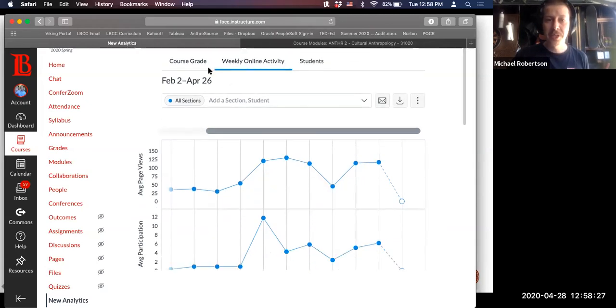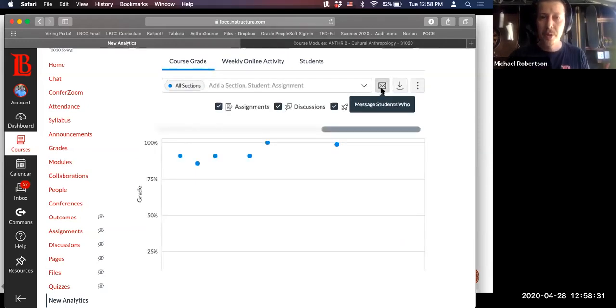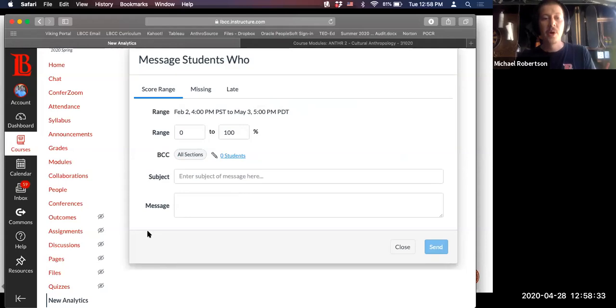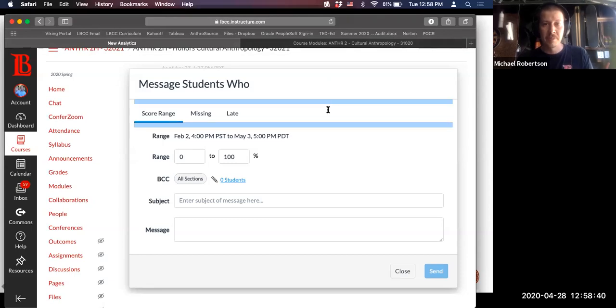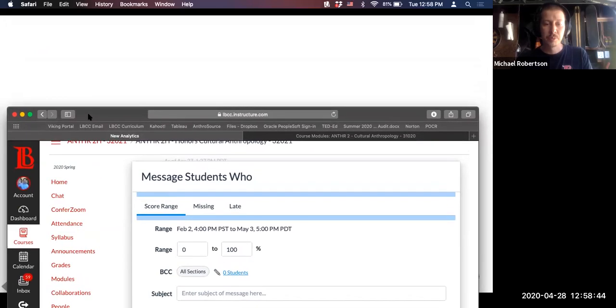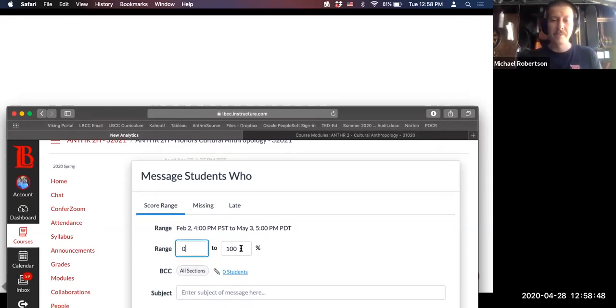And my favorite feature about this is the ability to message students who overall in the class have a certain percentage range. So for example, and allow me to move this down for privacy reasons. But if I said, I want to message my students who are currently not passing, so that would be from the range of 0 to 69%